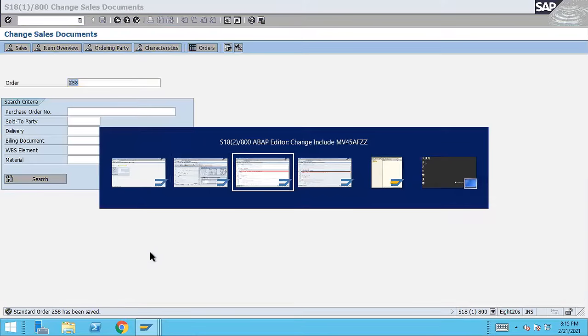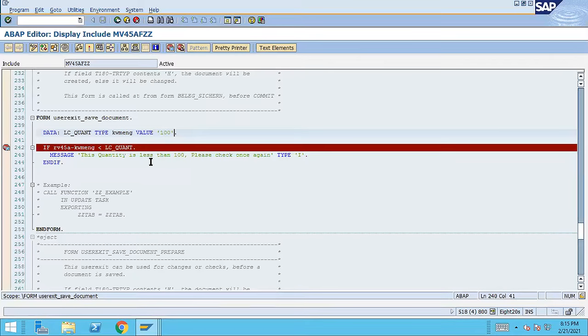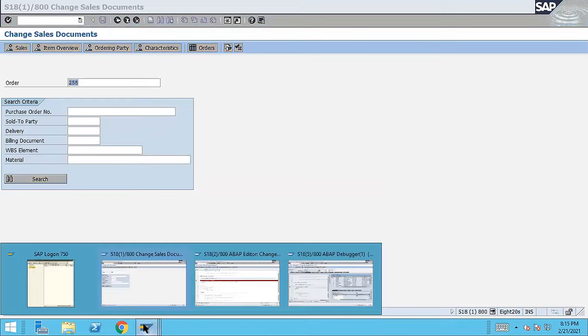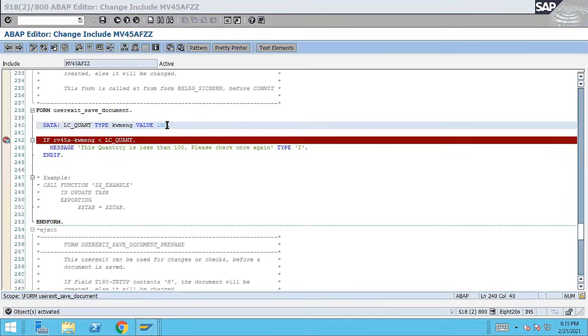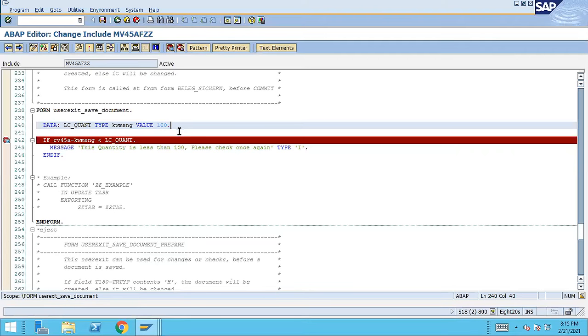So let me show you. It is expecting 3 decimals, because I'm not giving the 3 decimals, it is automatically taking 3 decimals. So we are supposed to write 100.000, because we have 3 decimals, right? So just activate this one. And now I think that problem should be solved. So just activating,